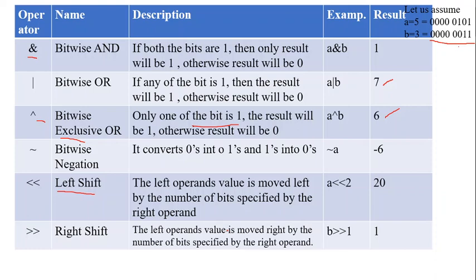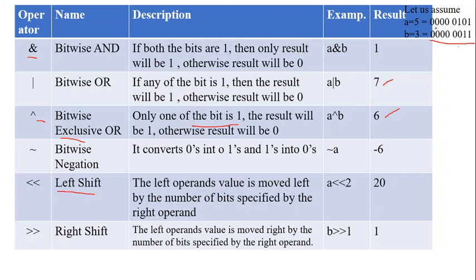The left shift operator works like multiplying by 2. It moves all the bits one position to the left, drops the leftmost bit, and adds zeros in the rightmost position. The rightmost zero has value, whereas the leftmost zero does not. For example, left shift by 2 means it shifts 2 positions to the left and adds 2 zeros on the right-hand side.